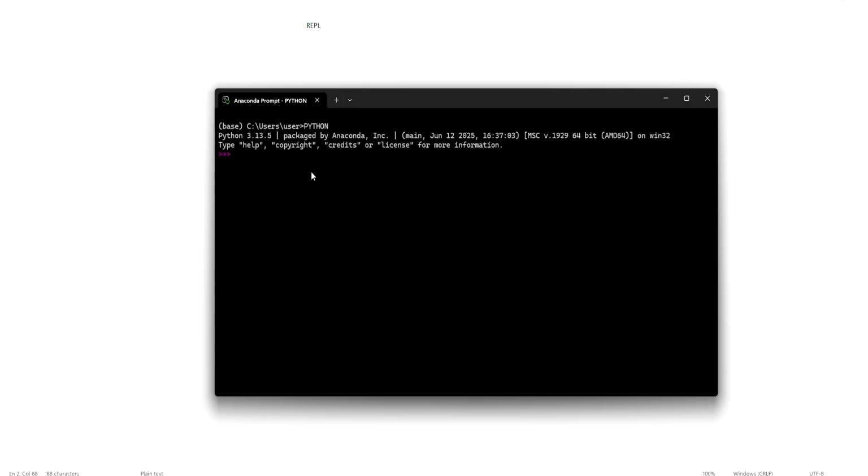Write something. That's 5 plus 6. Press enter. After pressing enter, it evaluated 5 plus 6 and printed 11.